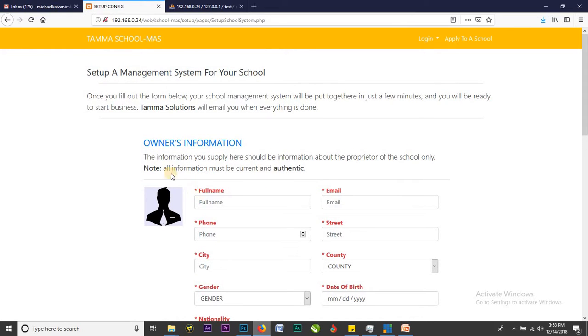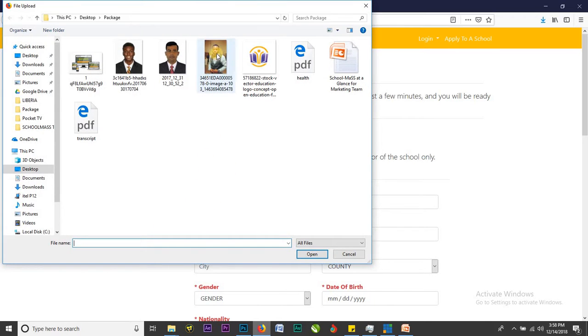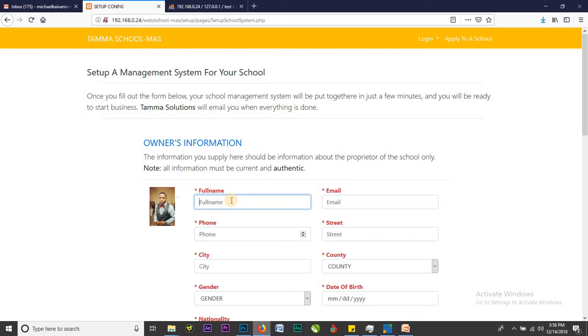So the first thing we need to provide is the owner's information. Now we click on this thumbnail for the photo, and then we select the school owner's photo. And now after that, we want to provide the first name. So we're going to say Mr. John Doe. Then next, we're going to provide an email. I'm going to use my email here. And then we have to provide a number, and then the street,